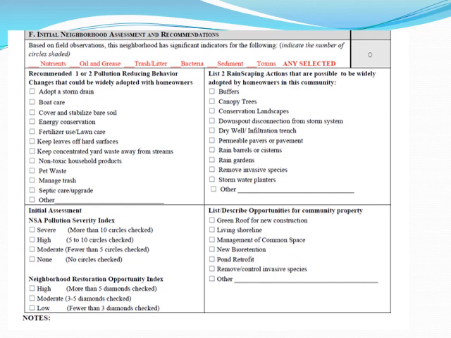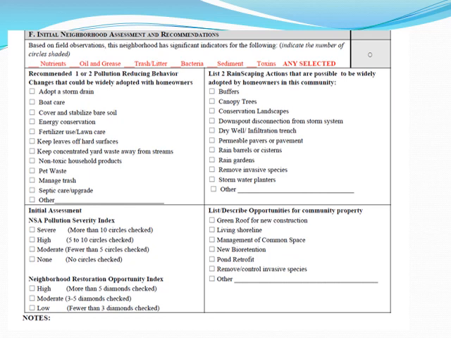And the same thing with rainscaping. If you've got a lot of area with no trees, maybe you want to pick canopy trees. If you've got a lot of downspouts connected directly to the storm drain system or hard surface, maybe you want to do downspout disconnection. So you're just going to check a couple of ideas, and this helps you focus your